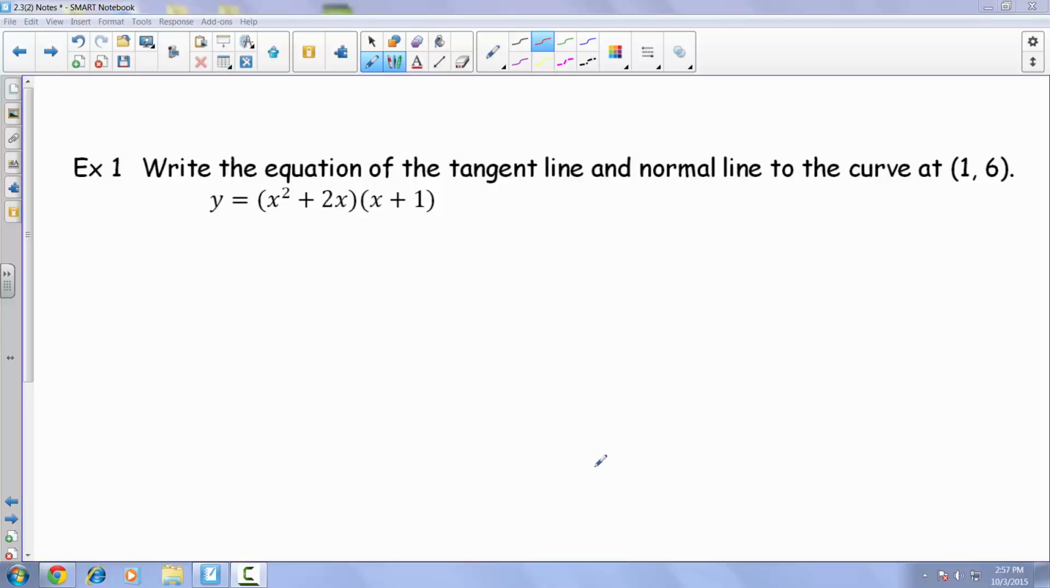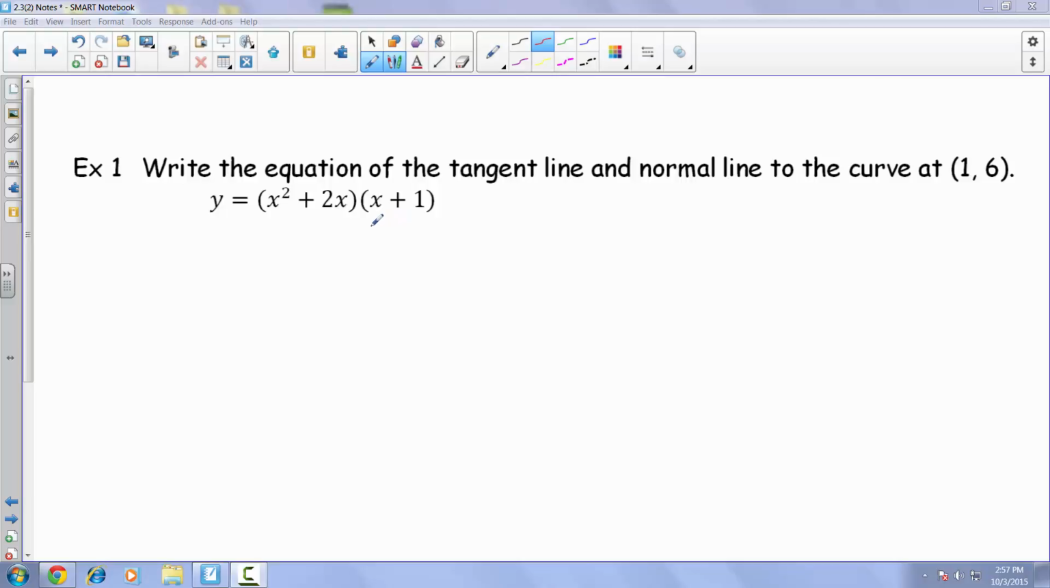Here we are at example 1 from our 2.3, number 2 set of notes. We're asked to write the equation of the tangent line and the normal line to this curve at this particular target point, 1, 6, and here is our function. We notice that we have a binomial times another binomial, and there are a couple of ways that we can